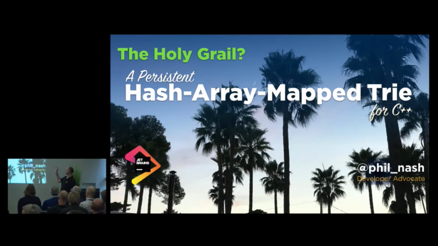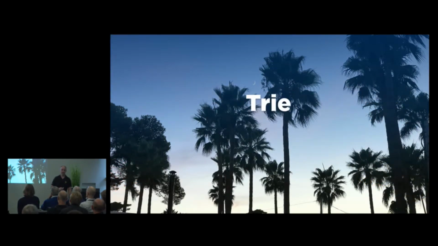So the rest of the title, we're going to start drilling down on what each part of this actually means so we can build up to where we're going with it. So I'm going to start with the last word in there. I've been pronouncing it Trie. You may have been reading this as try before. You've probably seen these before in a different context, usually a string-based tree, like a string dictionary, where you go through each character and that becomes the index into the next level down. This is very, very similar, but I will explain exactly how we apply it to hashes when we get there. The reason it's pronounced tree is because it comes from the middle of the word retrieve or retrieval.